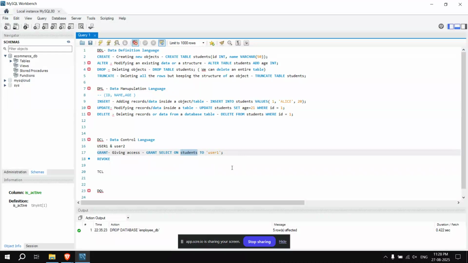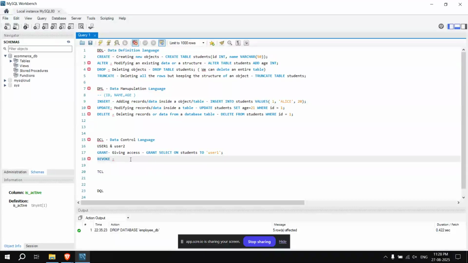So by using this grant permission, the user can only read. You can see the main part is the select part. By using this select clause we are just giving the permission to read the data, neither adding data nor deleting data.